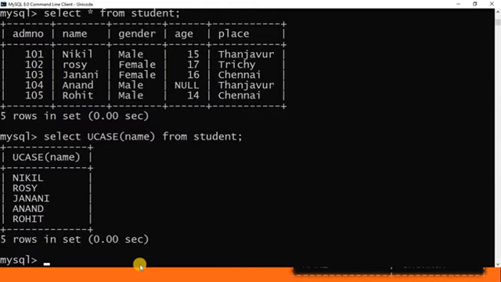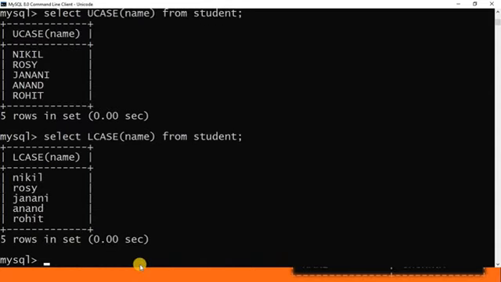Uppercase means capital letters. Likewise, LCASE also. Select LCASE of name from student. What will it print? All are in small letters. Okay. LCASE means lower, UCASE means upper.